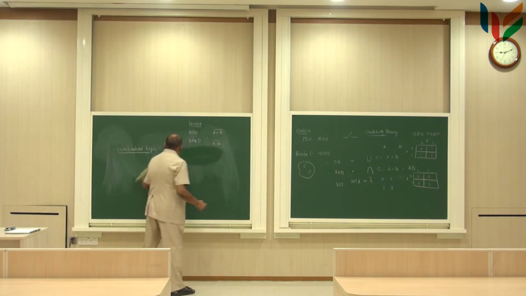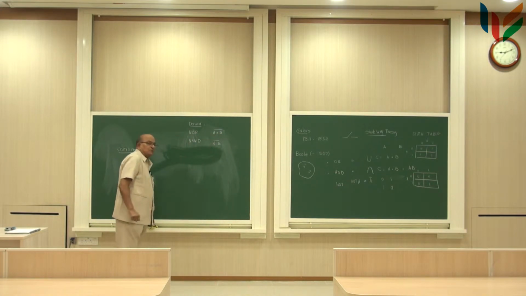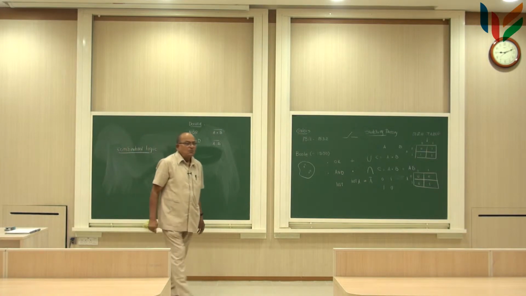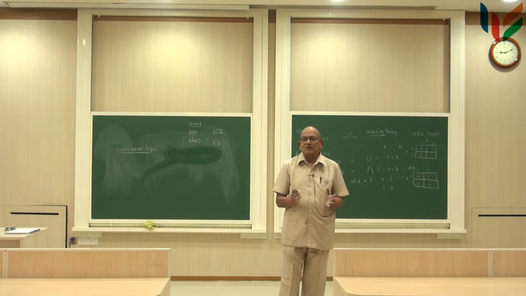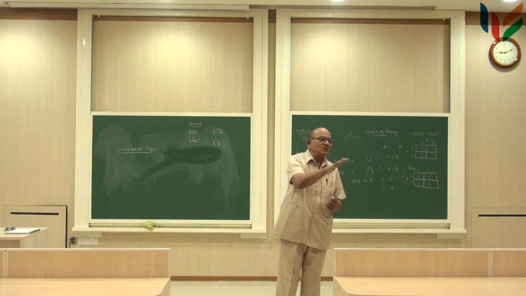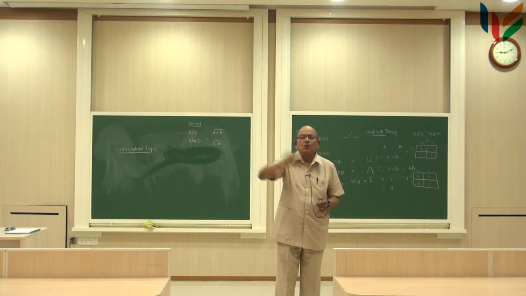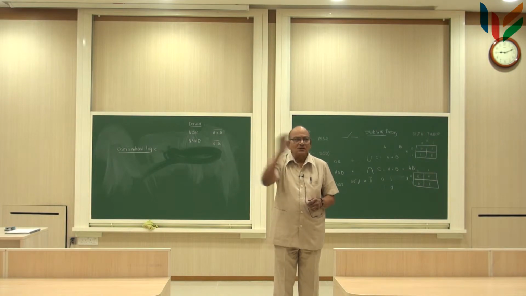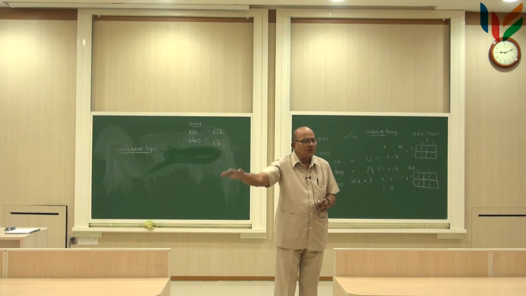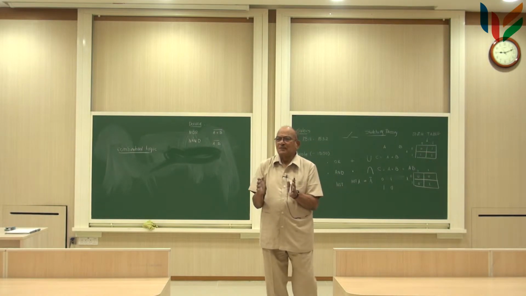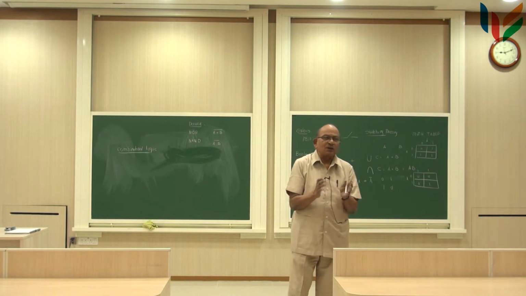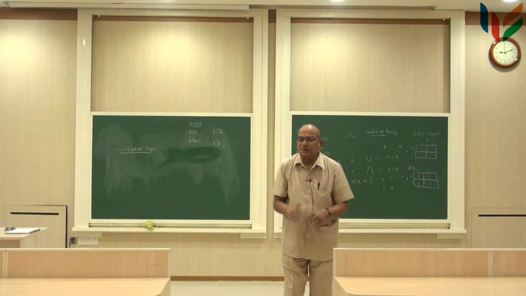Okay, what is a combinatorial logic problem? Somebody gives you a problem statement. If such and such happens, do this. If such and such happens, do this. This is the kind of statement that is made, and then you will have to give a circuit which will satisfy your statements.